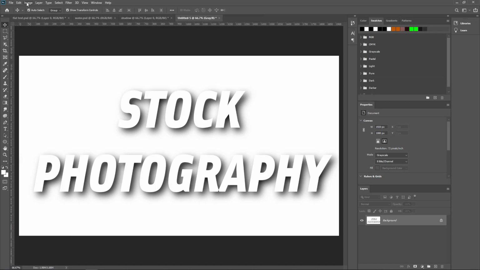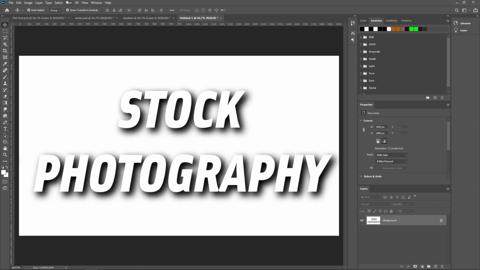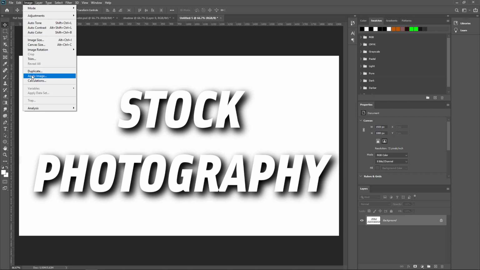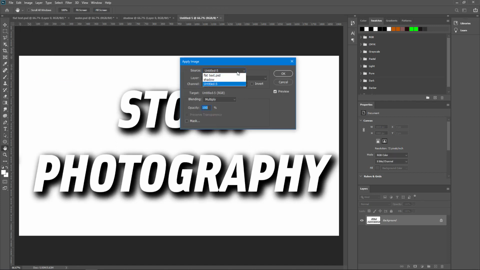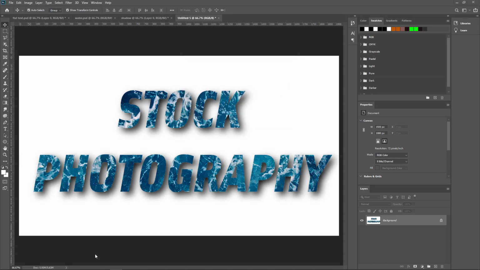And again I choose the Image option and Mode. Now I choose RGB Color mode. In the same way I go to the Image menu and the Apply Image option. In the Source field I choose the flat text.psd file because the flat text.psd file is filled with the water layer, and click OK.